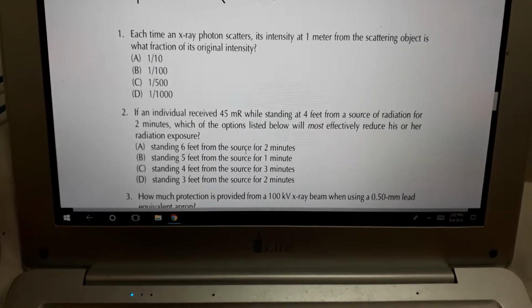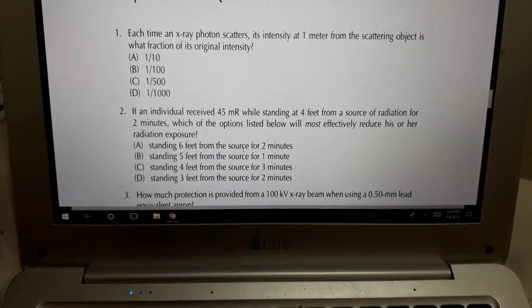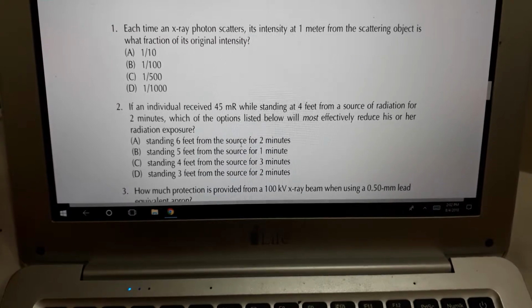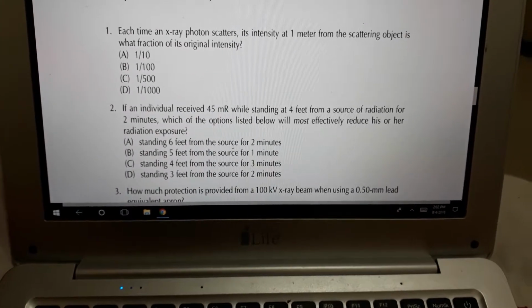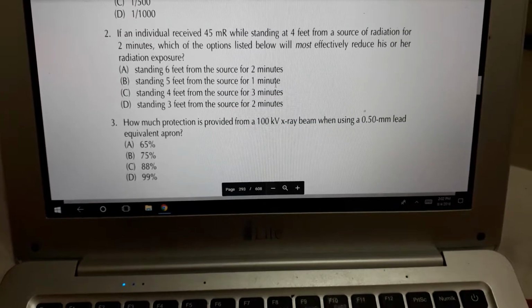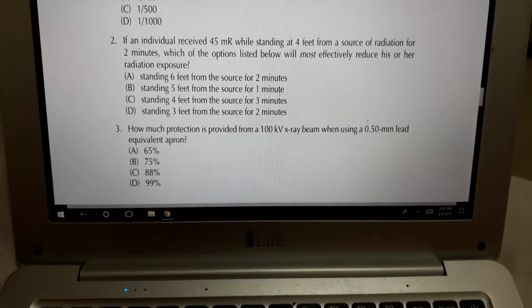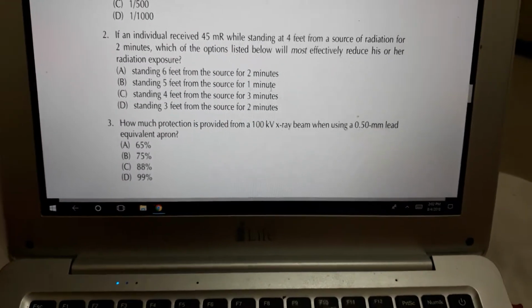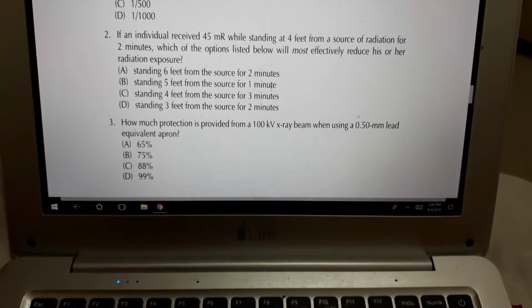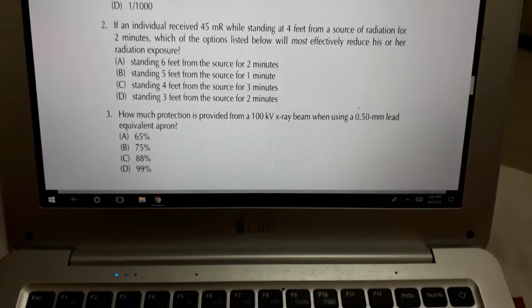Here the answer of the first question is D. The second question answer is B: standing 5 feet from the source for 1 minute. And the third answer is 75. 0.50 at 100 kV will be 75%. Next question is